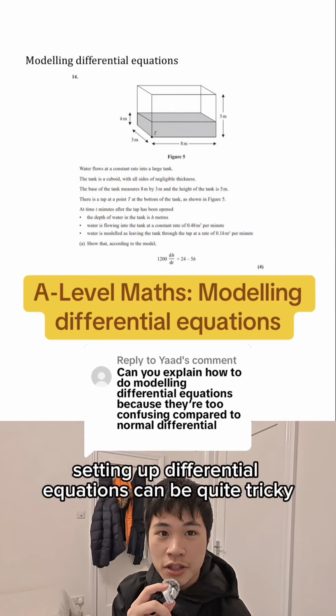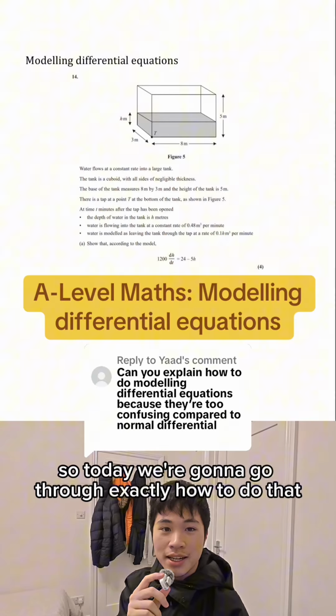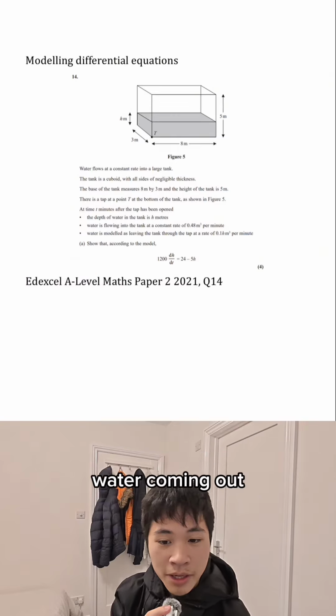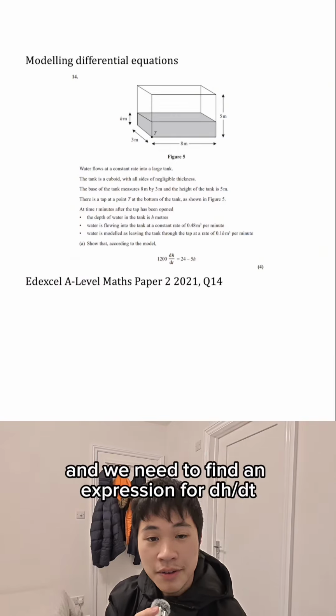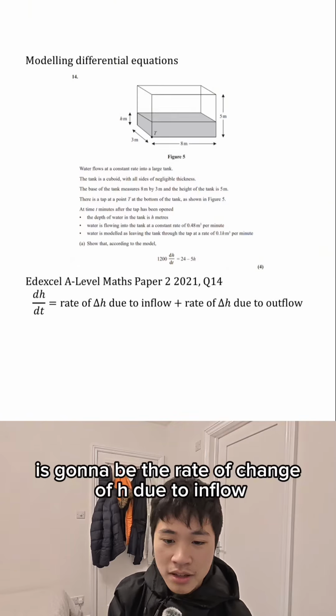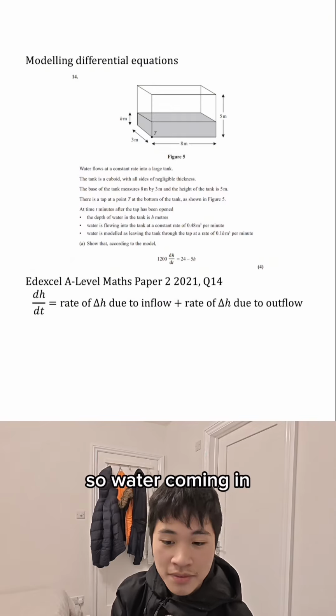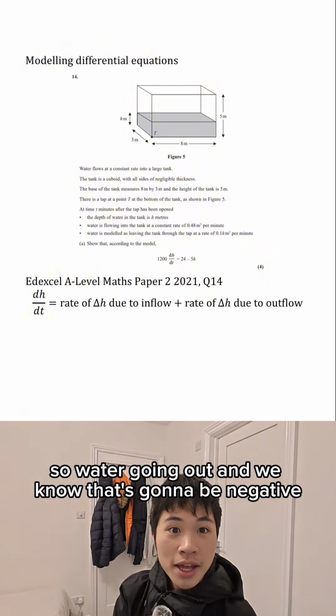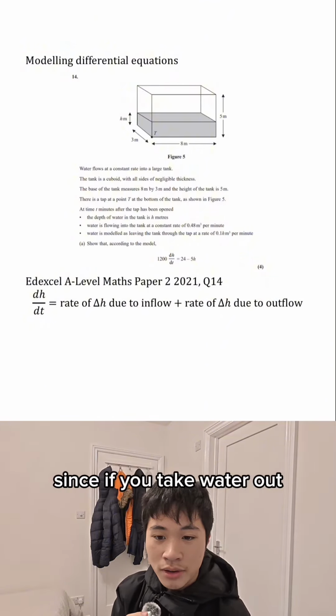Setting up differential equations can be quite tricky, so today we're going to go through exactly how to do that. We've got a cuboid tank here with water coming in, water coming out, and we need to find an expression for dH over dt. So we know that dH over dt is going to be the rate of change of h due to inflow, so water coming in, add on the rate of change of h due to outflow, so water going out, and we know that's going to be negative,